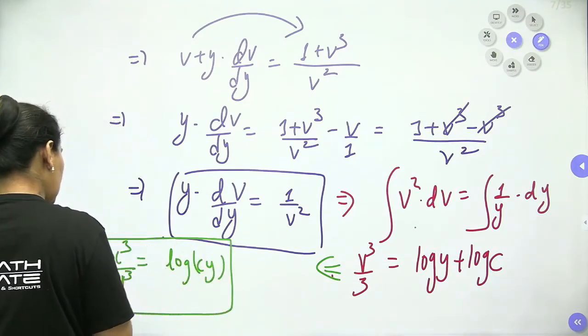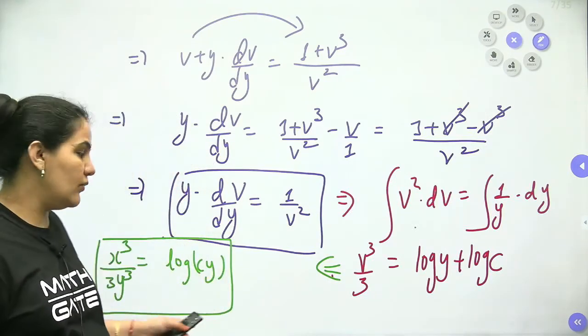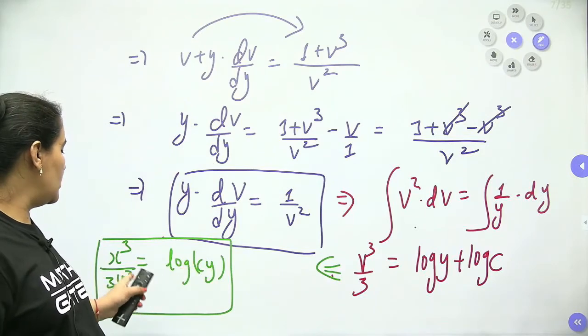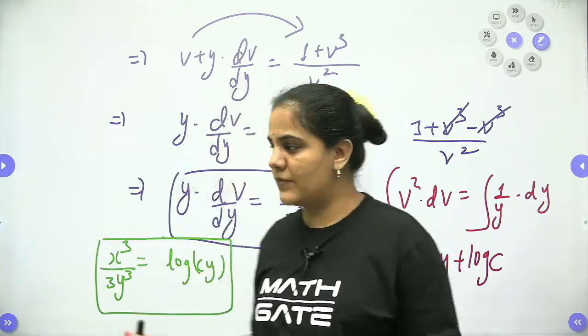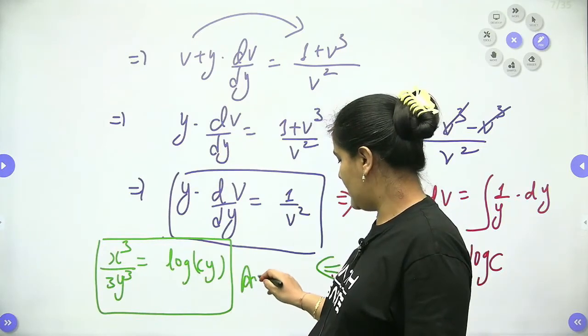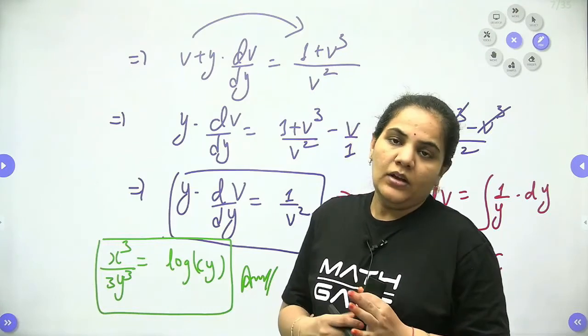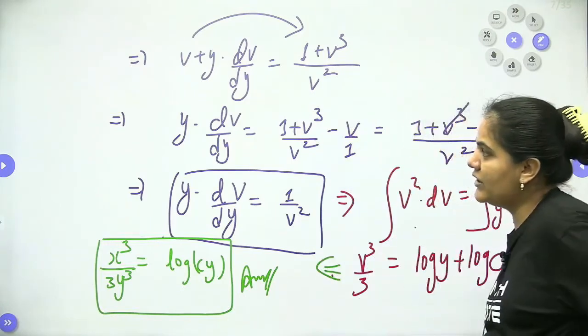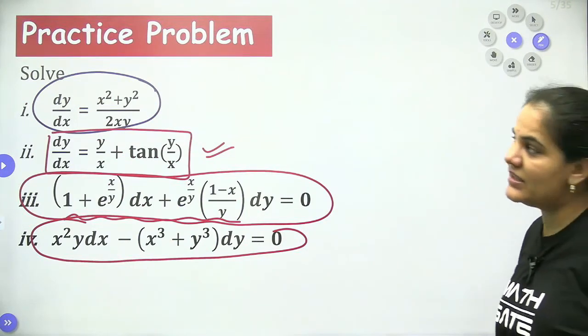So we have particularly this form. If you want, you can make more changes. You can go with cy = e to the power x cube by 3 y cube. But I will not make so many changes from here, because we don't have options. Whenever you have options, you can make changes according to the option. Okay guys, so I think you are getting my point. These things are very simple to approach, and you can approach the questions very easily, right?